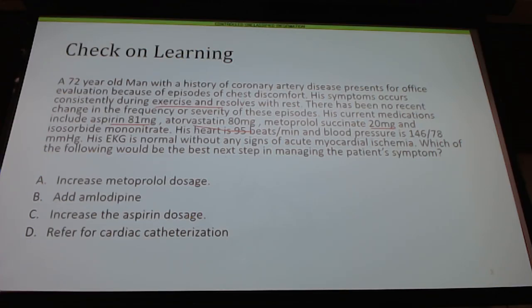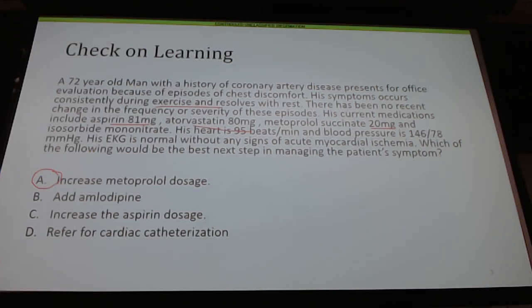Okay, correct. Yep, A is the correct answer. And the reason for that is, what is our goal heart rate? 55 to 60, right? What are we at on this? So we have a lot more room to go. And now this is maybe knowing what the max dose is for metoprolol succinate, but this is a baby dose. Okay? So we have a lot more room to go up. Now, do we think of beta blockers as an antihypertensive, especially metoprolol? Not really, but it does have a blood pressure effect to it, right?